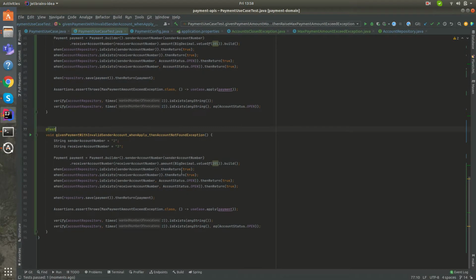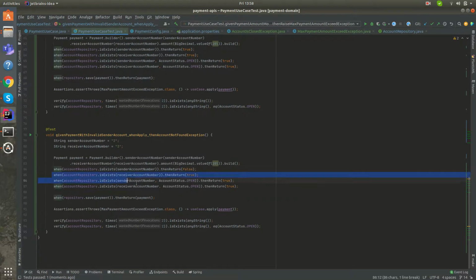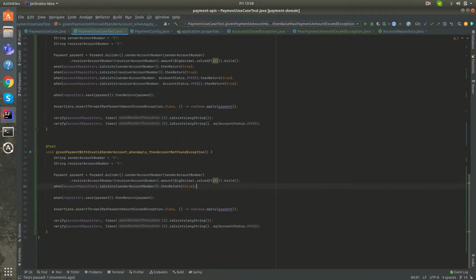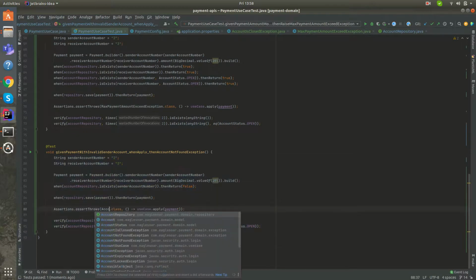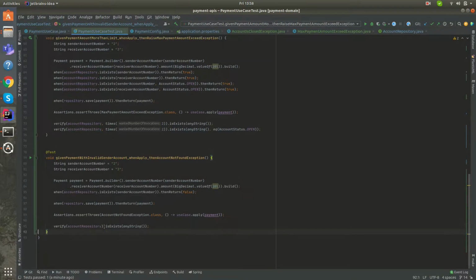So in this case, exist, then true, false, something like that. So we don't have to worry about any other cases because initially there is no sender account. So in this case, it will raise the account not found exception, and we are done. So the times will be just only one time, and there will be no other checks. So this way we also verify the